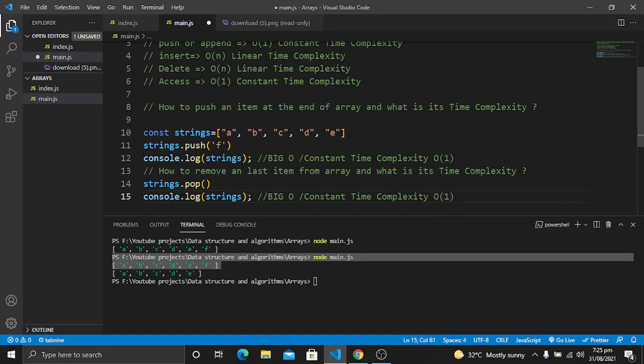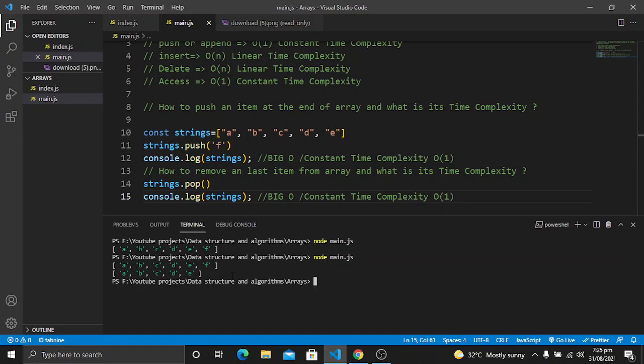will be O of 1, because it is not concerned about all of the items which are present in the array, because it is just removing the last item from the array, and the remaining items are not concerned with it. We are not concerned about the number of items in the array.